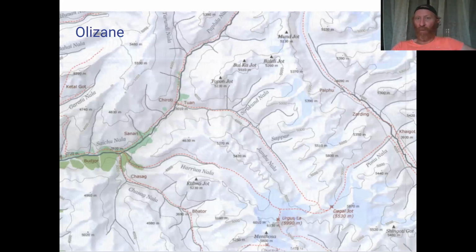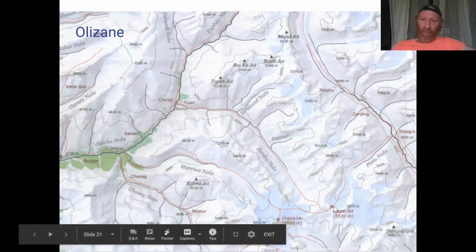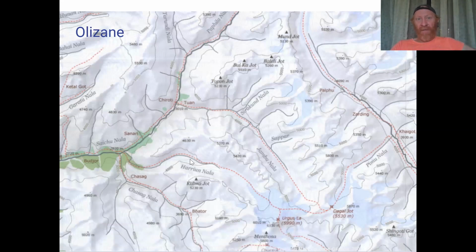1:150,000. So 1 centimeter corresponds to 1.5 kilometers in the field. It has lots of passes documented in the Ladakh area, like Dagaljot, Urgusla here, and then dotted trails, which basically show you the hiking routes through these various ranges. These maps are available mostly in paper format, also available in digital copy, but